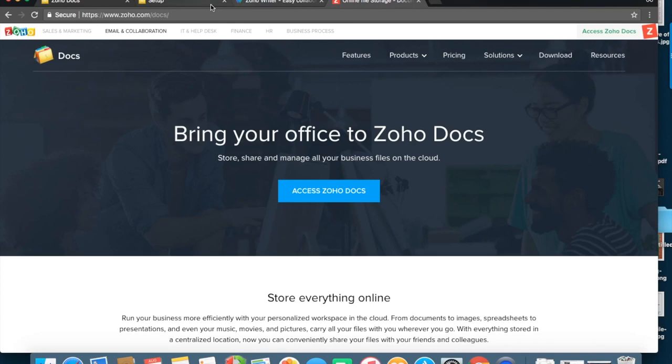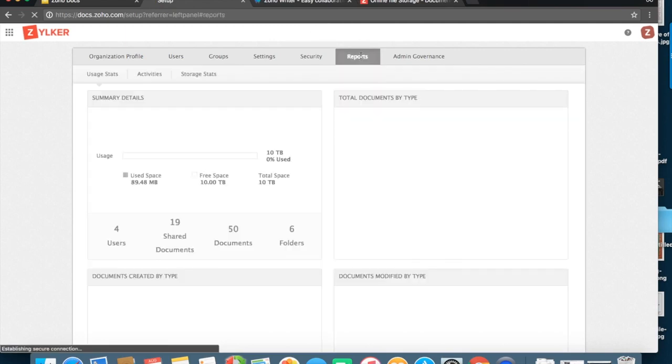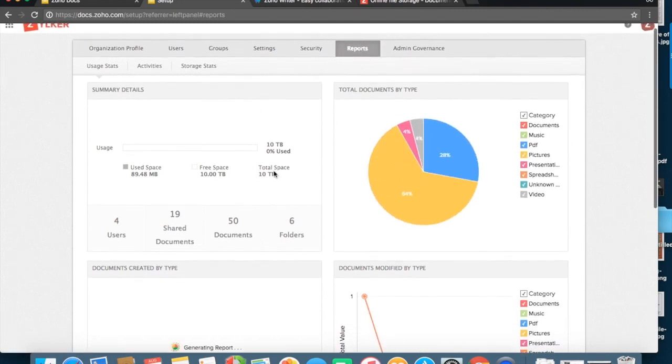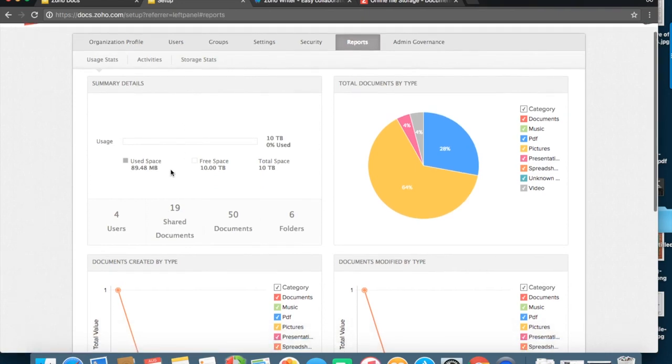Now that we have understood creating, sharing, and collaborating on documents, let me come back to the admin panel like I mentioned before. The next tab that we have over here is the admin reports. Once I click on the reports tab, this is what I see.